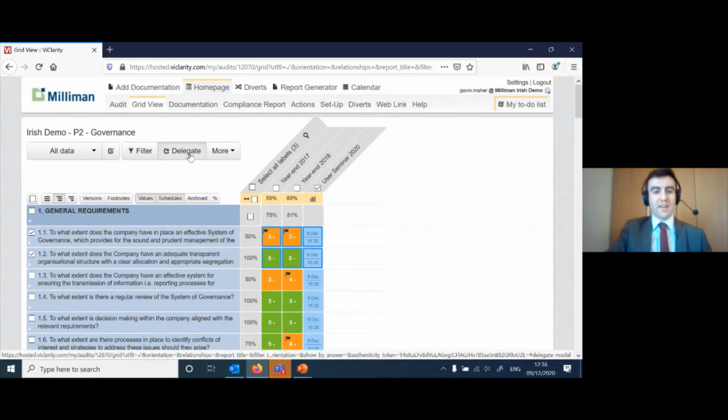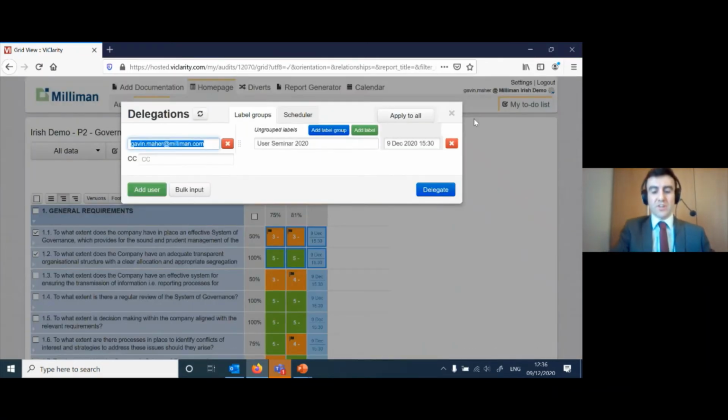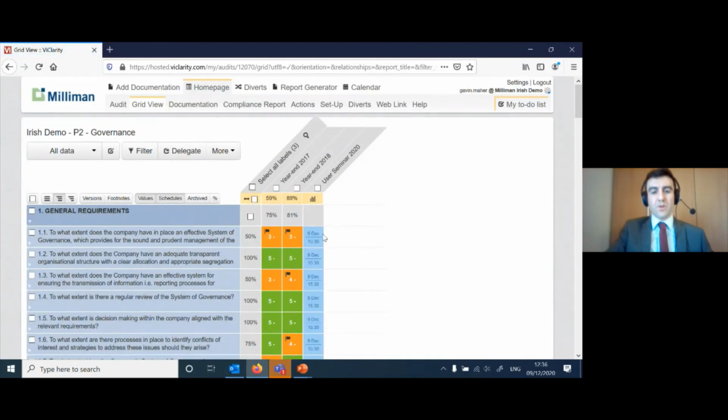So if I click delegate again here, I'll just change this email to Patrick's. And if I hit delegate, those questions will update. If I hover over these questions now, you can see that Patrick's email is going to receive that information at that timestamp. So that's just a reminder on the delegation aspect.